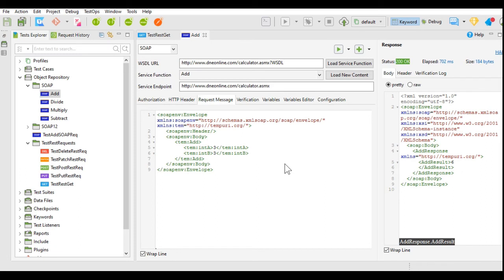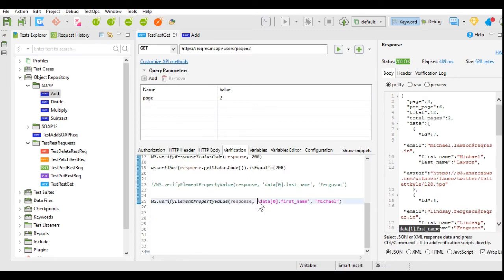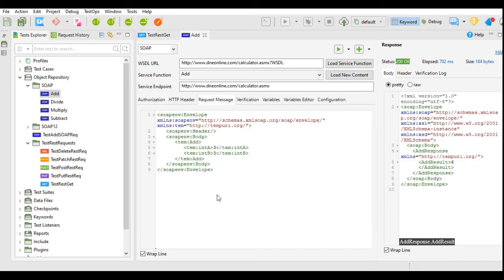We have seen the JSON Pathfinder and the generation of the JSON path to check the value or to verify the element property value. In the SOAP case, how will we get the path, because the SOAP request and SOAP response are generated in XML format? So we will get the XML path for this. So how to generate this XML path? In a similar way we can generate the XML path.